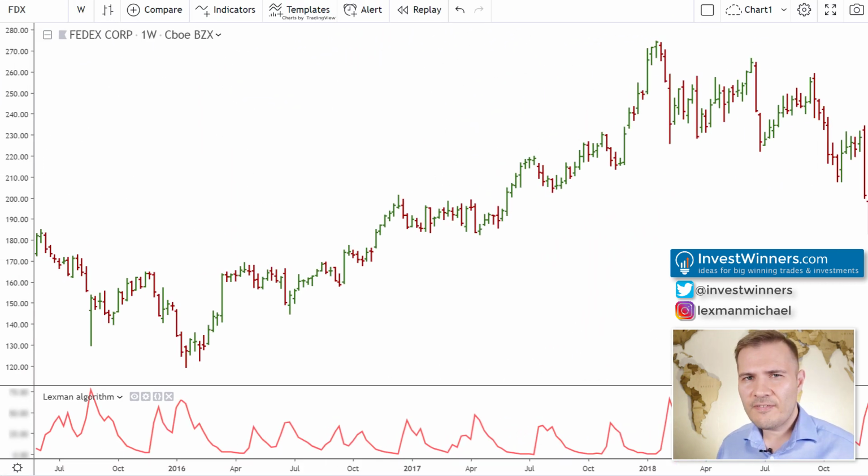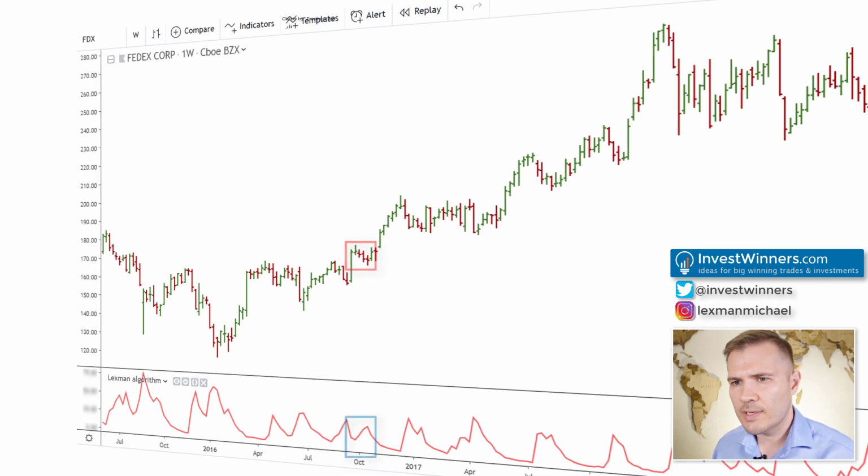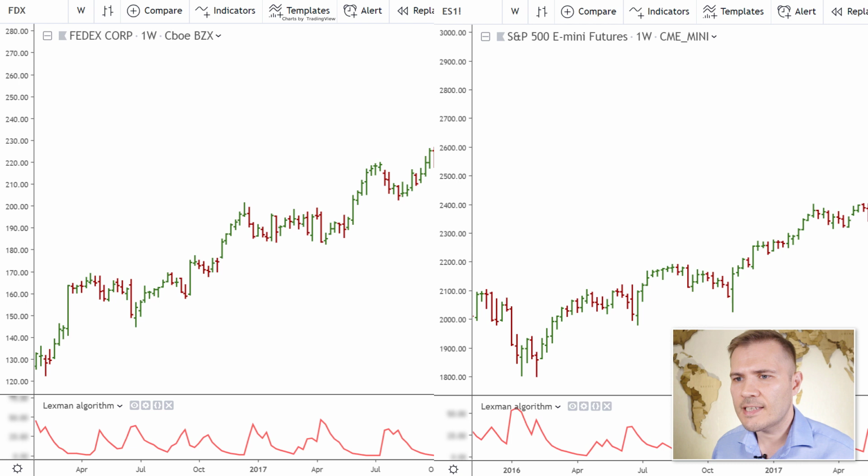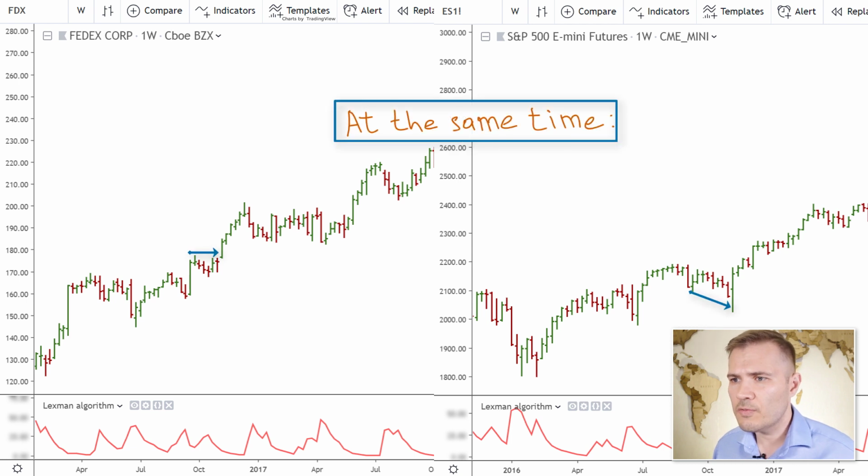Now let's take a look at FedEx stock in October 2016, showing stagnation on the weekly chart. The Lexman algorithm showed that big capital entered during this stagnation. At week 5, we also had to be ready to enter this subsequent trend movement after a high volume breakout. Note the fact that the FedEx stock value dropped quite a bit during this period and stayed flat, while the S&P 500 index had a strong drop from August to November 2016.